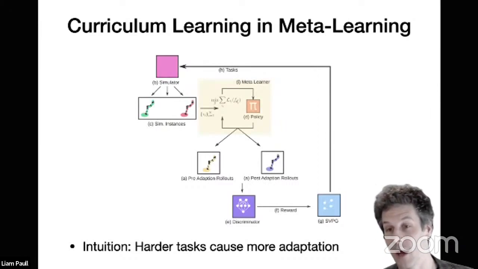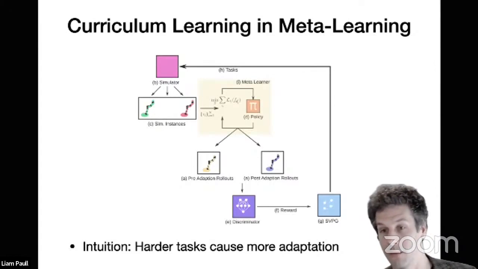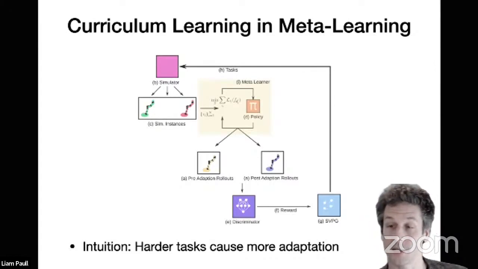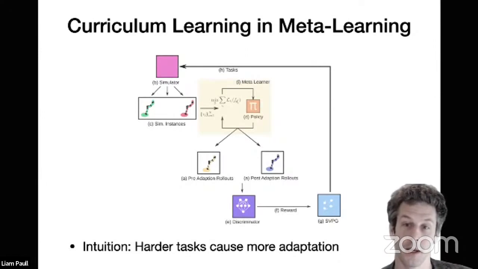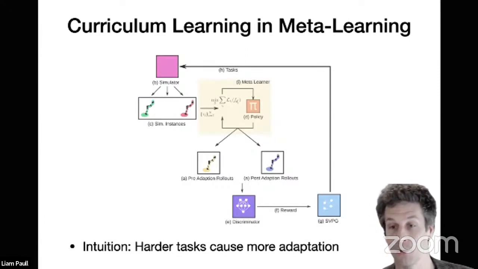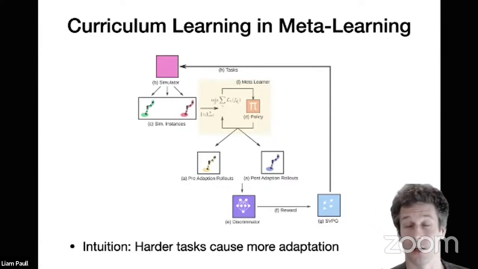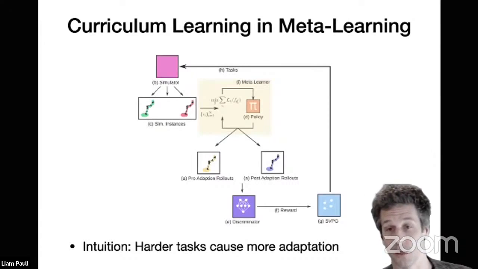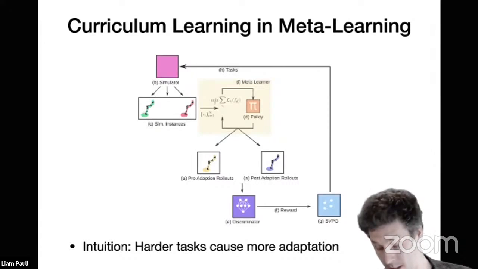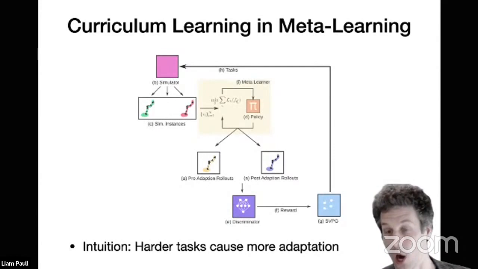So now the SVPG particles are trying to look for tasks that cause the maximum discrepancy between the pre-adaptation and the post-adaptation rollouts, with the intuition being that if we had a lot of adaptation between pre and post, then that's a harder task